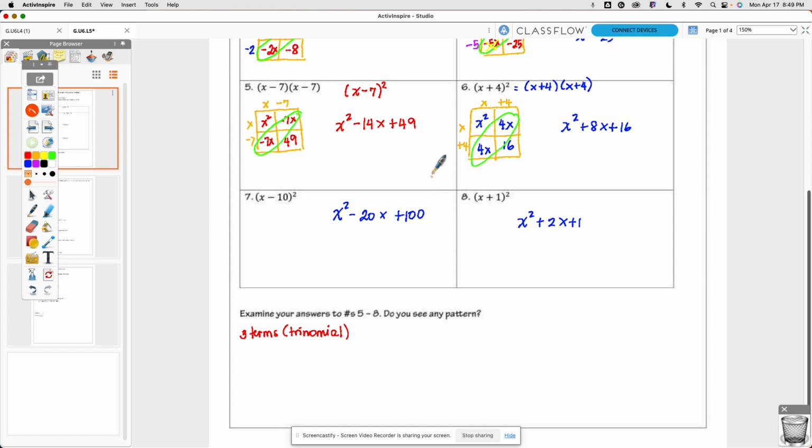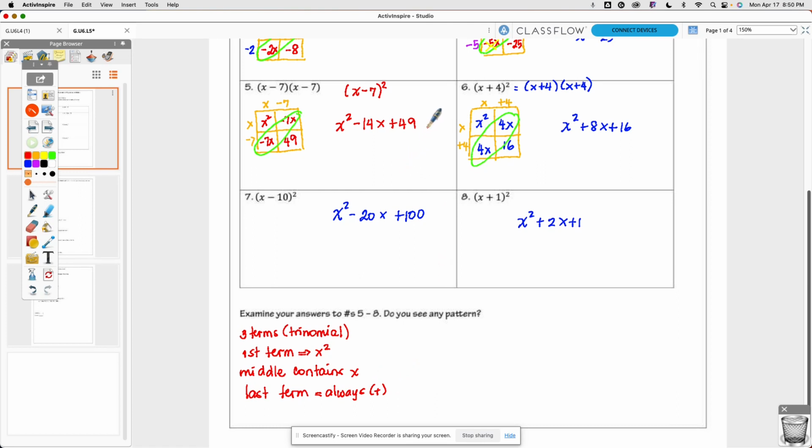And then your first term is always x squared. So the first term is x squared, at least for our case here. Okay, the middle term, if you will notice, contains x, because x is our variable. And the last term, the third term here, is always positive. Let's write it down, always positive.